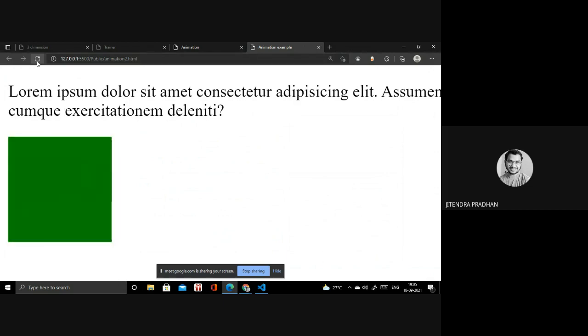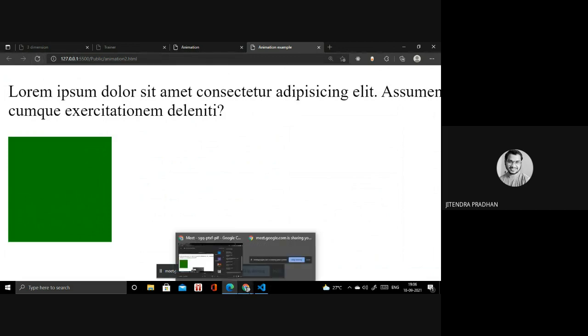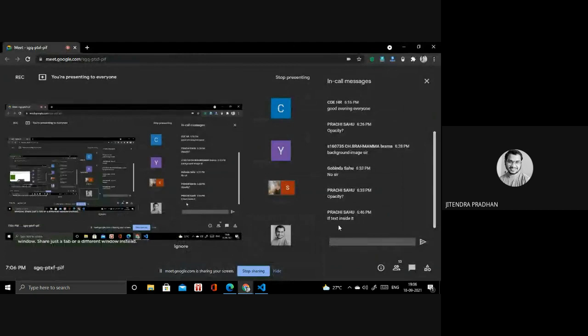So according to that, you have to apply all the animation, transition effects, and 2D and 3D. I hope you got all the properties we discussed in animation, transition, and 2D and 3D, and whatever I taught you in CSS as well. You need to understand all these things. I hope you understand all the concepts of HTML and CSS.